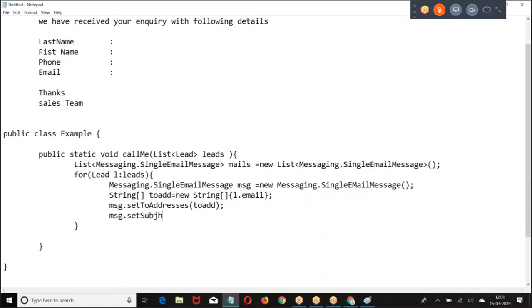Message dot set subject. Then you're supposed to create a body.